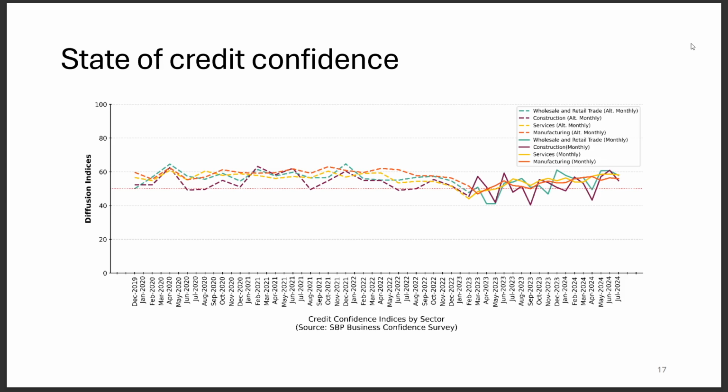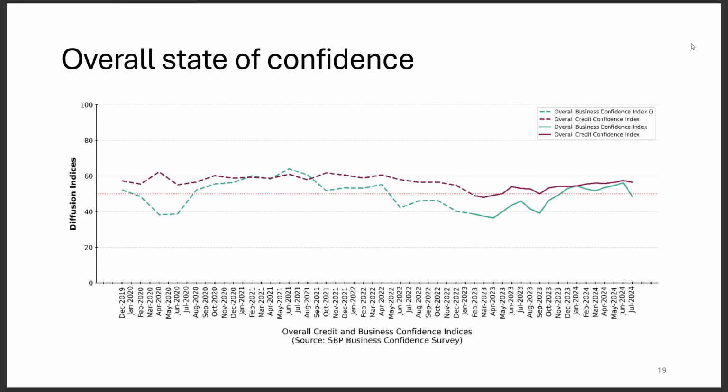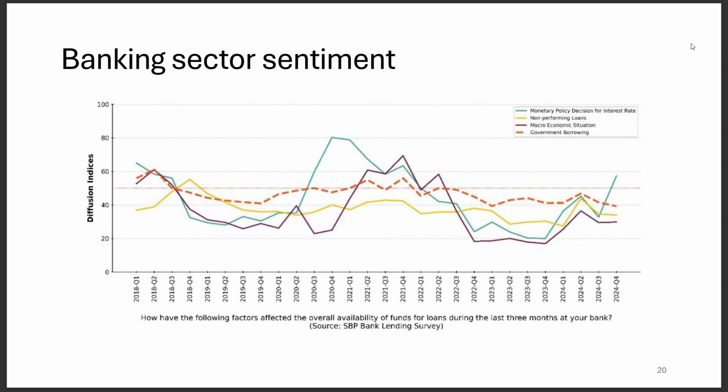And so this credit confidence is just about in the positive region. Business confidence across these sectors has struggled to stay positive. And so if there was enough business confidence, the private sector might actually want to go and borrow some money from the banking sector. The state of business confidence has really struggled. And if you look at aggregated data rather than disaggregated for credit confidence and business confidence, the story is very much the same. And it's worth considering that within the banking sector, the state bank also has a